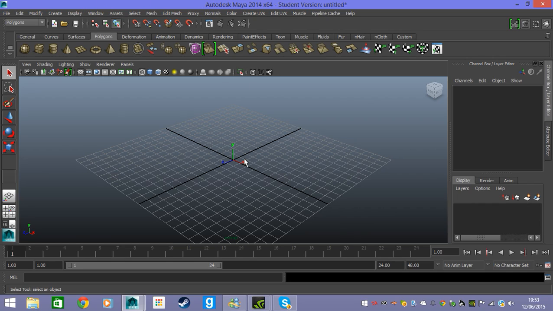This is the 2014 edition of Autodesk Maya because this is the one I'm more used to using. So today we are going to be learning how to do a couple of things. One of them is quite basic, some basic keyframing animation, and then we're going to do something that's slightly more complex. But to start off with, we're just going to click this cube button up here, and then we're going